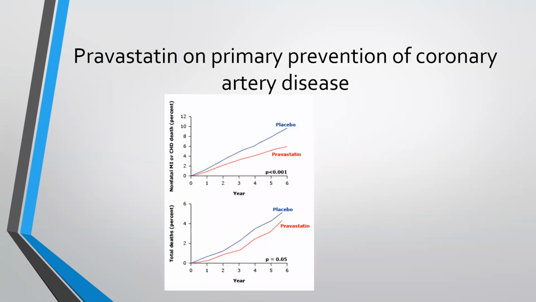This is just looking at statin, one of the first statin drugs. The blue is a placebo and the red is the medicine. Basically, the left is looking at deaths and the top is having a heart attack with or without dying. Both the red lines are much lower than the blue lines, indicating that over time you get a good risk reduction in having a heart attack and then dying from one as well.